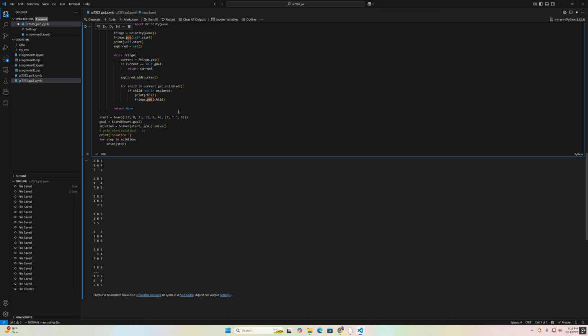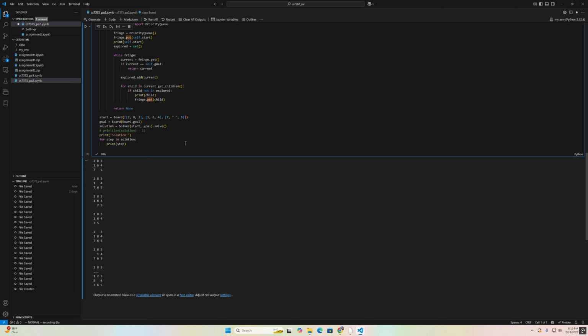And then we're creating a solver, passing it that start and goal, and calling solve. And then to print the most direct solution that it finds, I've kind of separated that with this print solution statement, and then I'm going through each step in the solution and printing off that